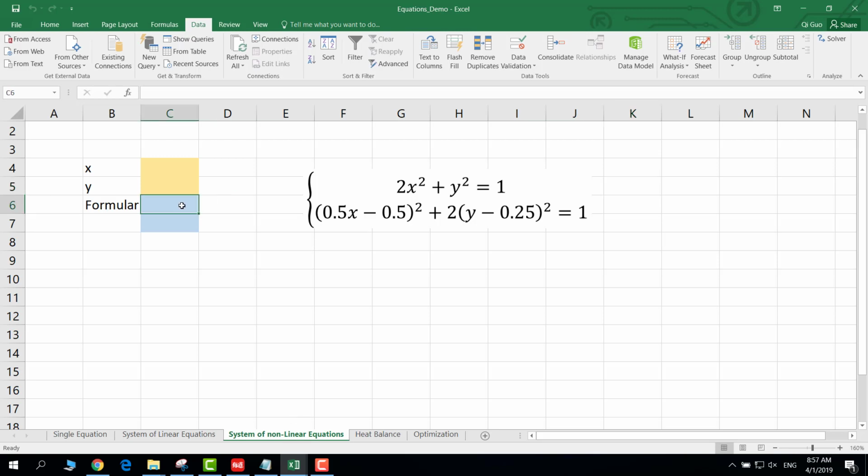So type in the formula here first. It's going to be equal 2 times x squared, so square it, and plus y squared, so y and square it, and -1. This is the first one. The second one is going to be put a parenthesis 0.5 times x